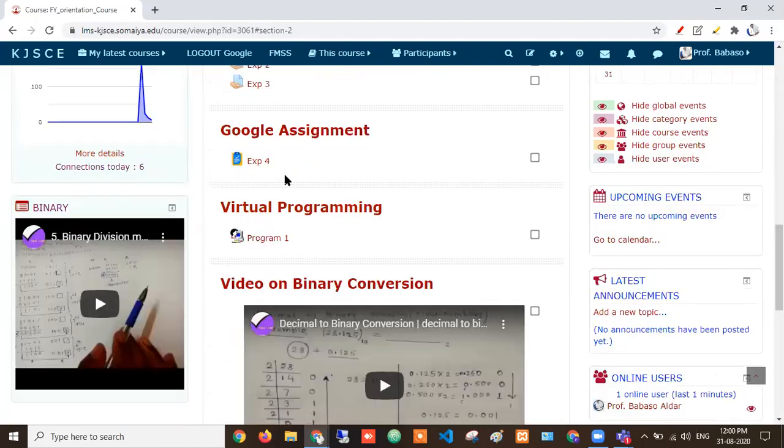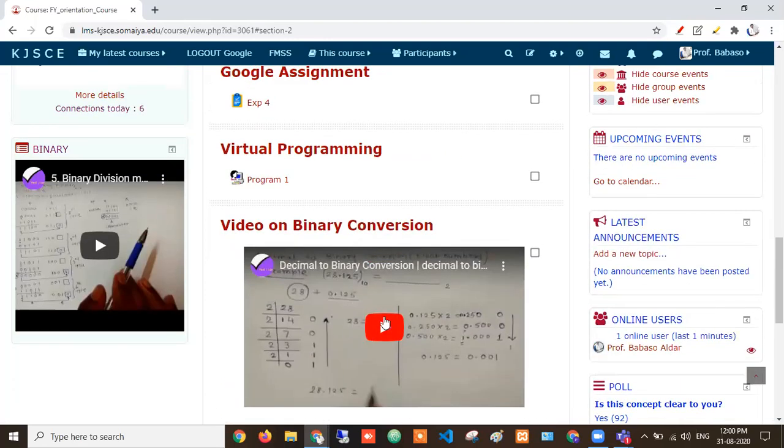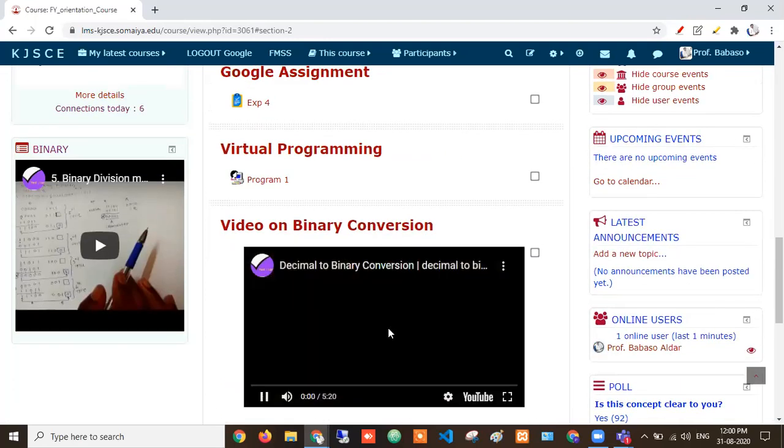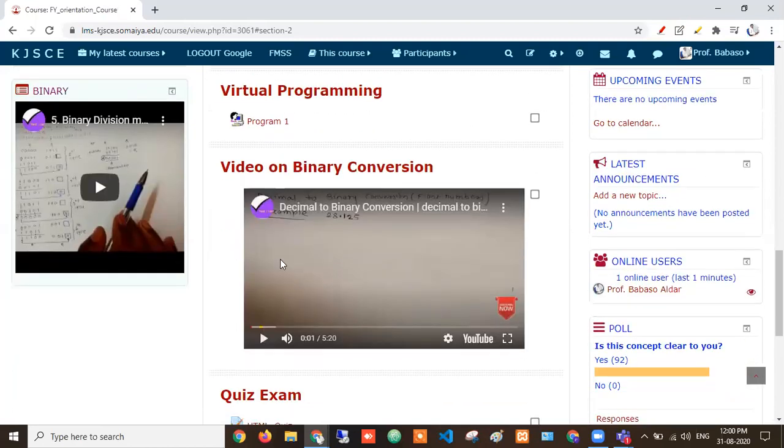Here we have a Google Assignment option; we have integrated Google Classroom in the LMS. This is for programming for higher semester students, or first year also. For C programming we can also use this module. You can directly integrate YouTube videos, and the video will play here only. There is no need to visit YouTube. If you copy the YouTube video link in the editor, the video is directly added here and plays here only.